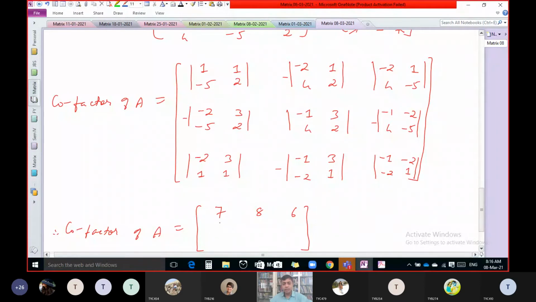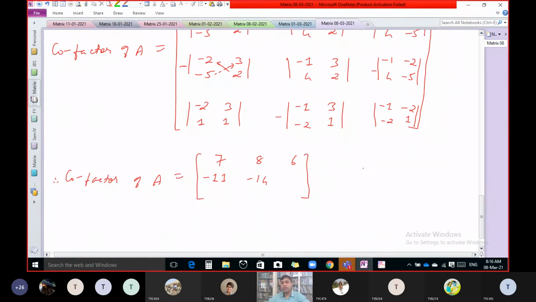Let us check it once again. First of all, multiply these two, we get minus 4. Then multiply these two, we get minus 15. Now minus sign between these, so we get minus 4 plus 15. That means 11. But because of this minus sign, our final answer should be minus 11. Okay, now let us calculate this and tell me the answer. Minus 14. Minus 2 minus 12, that is minus 14. Correct. Okay, for the next one.